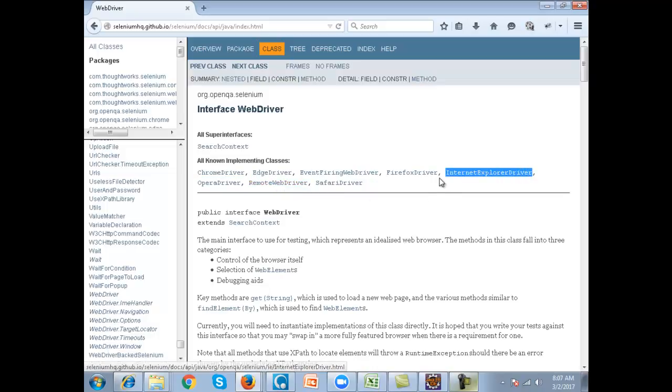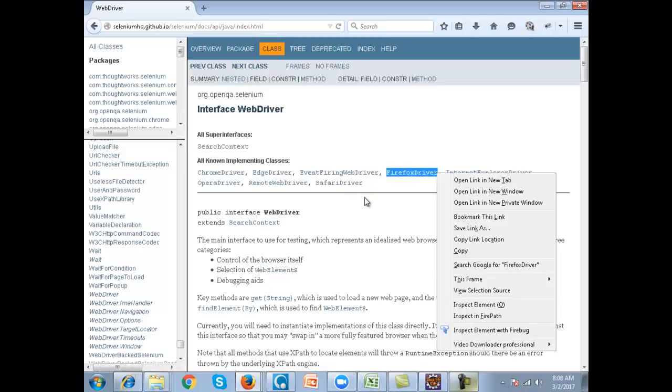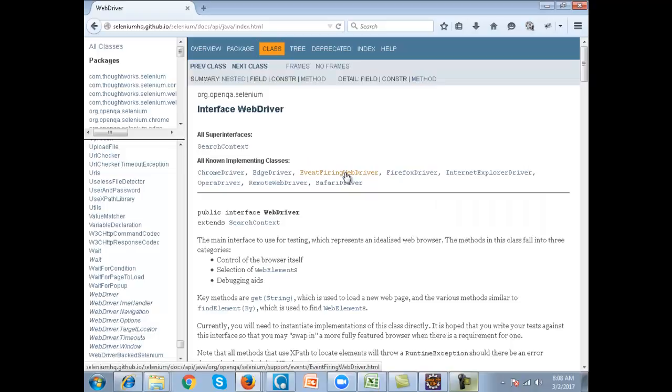Then Firefox driver we haven't talked about. Then remote web driver, Safari driver. So for every browser there is a driver class.